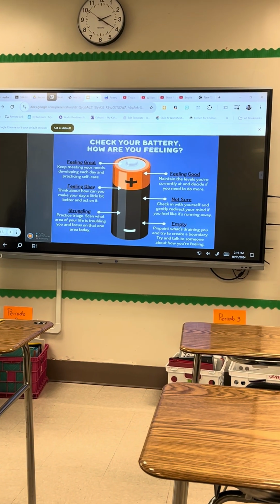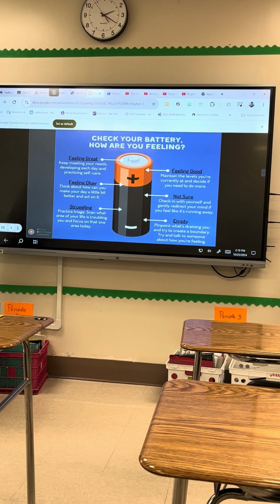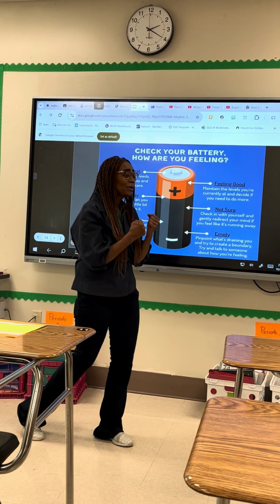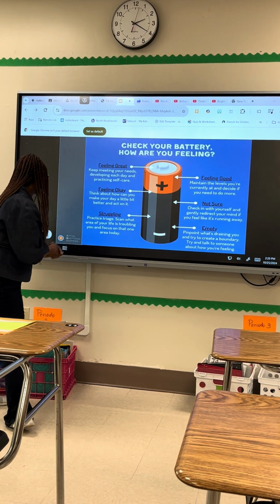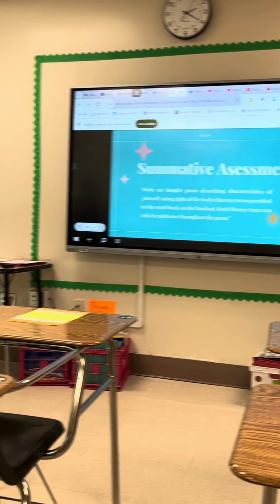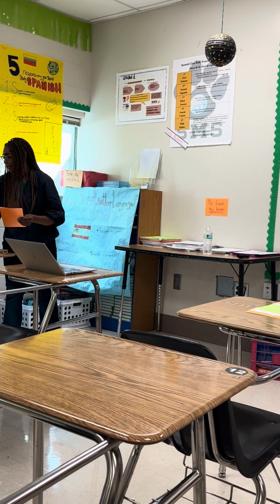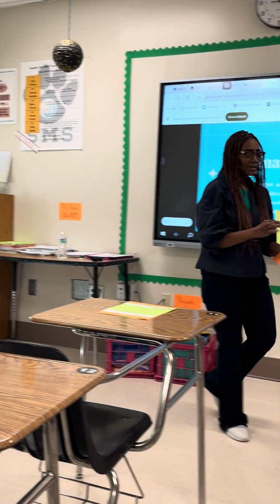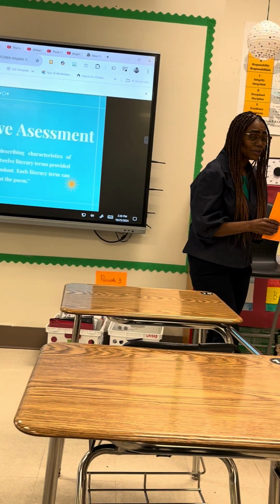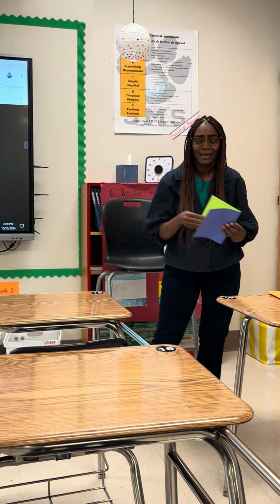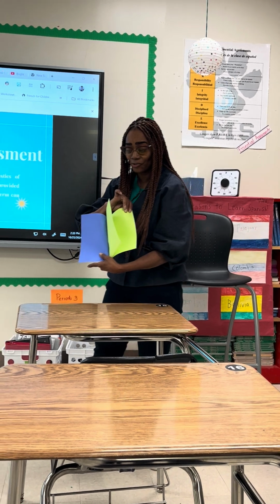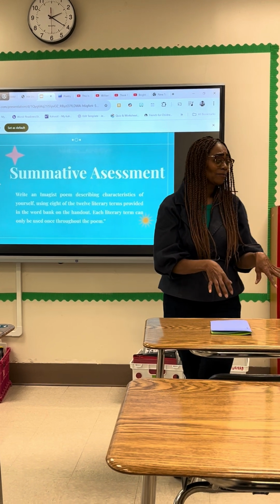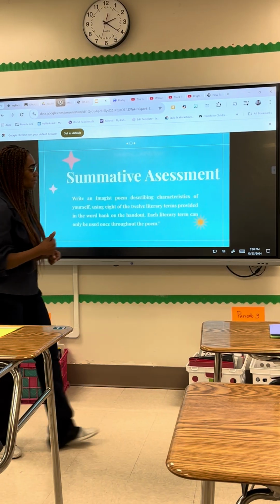So let's check our batteries. How is everybody feeling? Great, everybody's feeling great. We're pumped up and we can do some poetry for ourselves. So how about you guys have a little booklet in front of you. And this is going to be our little booklet where you can write some poetry in here. Oh, you want the orange one? Absolutely, you may have the orange one. And you can take some notes, draw pictures and illustrations. You like that bright green? Absolutely. Oh, I'm sorry, I don't have any more of the bright green ones, but guess what? I have other colors and other options for you.